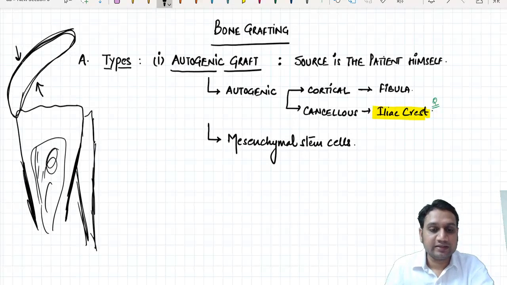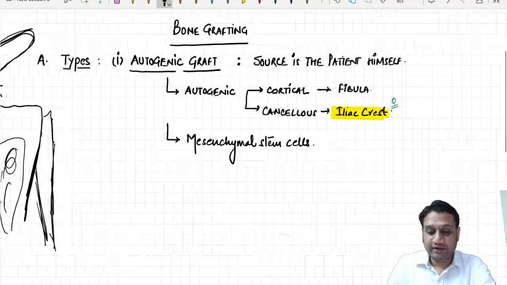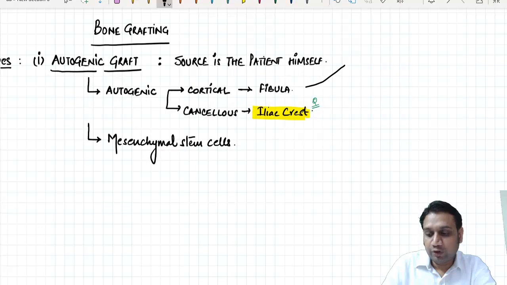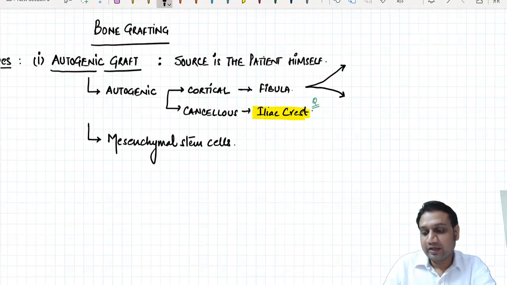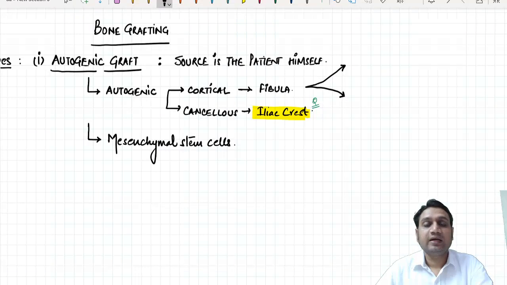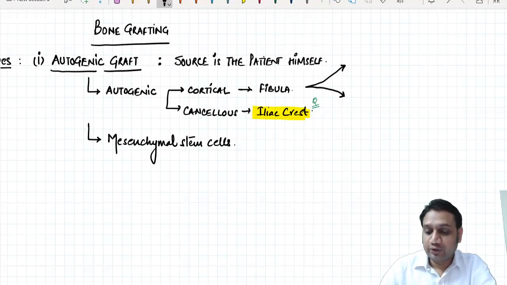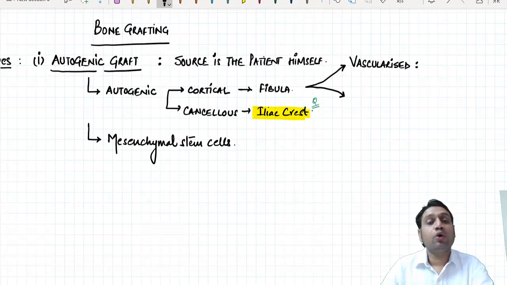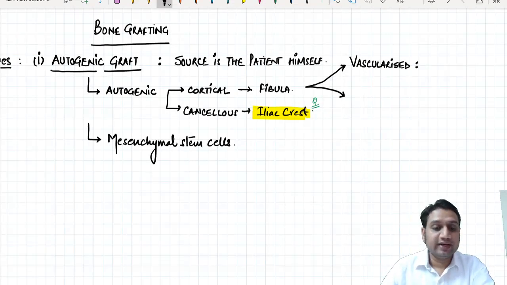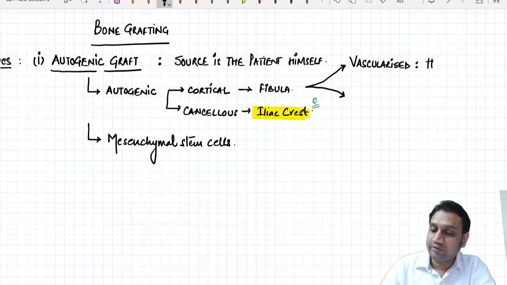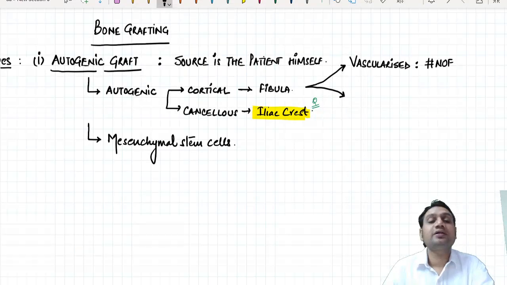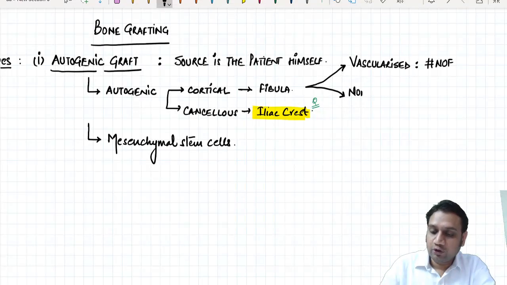So cortical or cancellous. Now, when you take out this cortical graft, there are two important things you should know. Whenever you take out a cortical bone, this can be taken in two ways. If you take that along with the vascularity, it is known as a vascularized cortical graft. And where do we need a vascularized cortical graft? Any example you remember? You all know the example. What is that? In the cases of fracture neck of femur. And the other can be non-vascularized, when you need it only for the strength, only for the support.